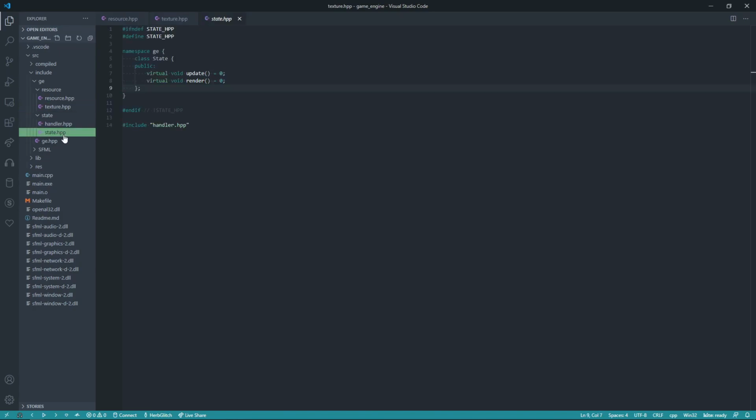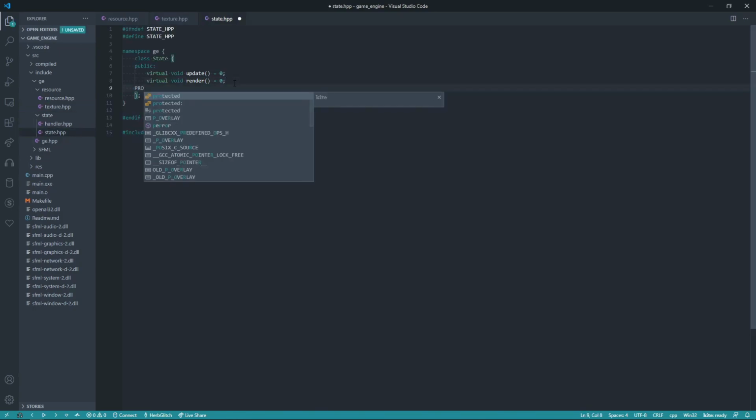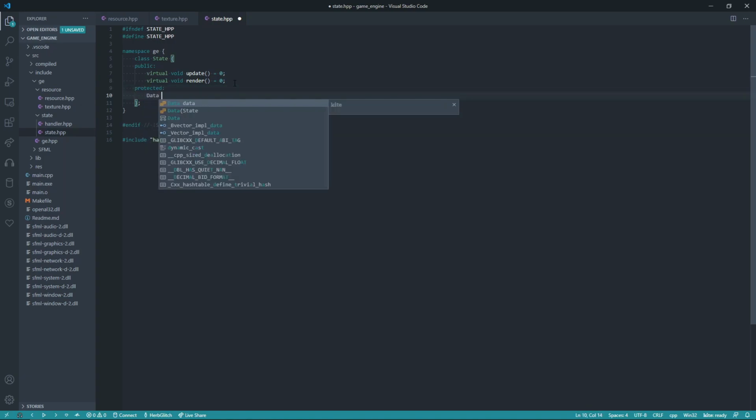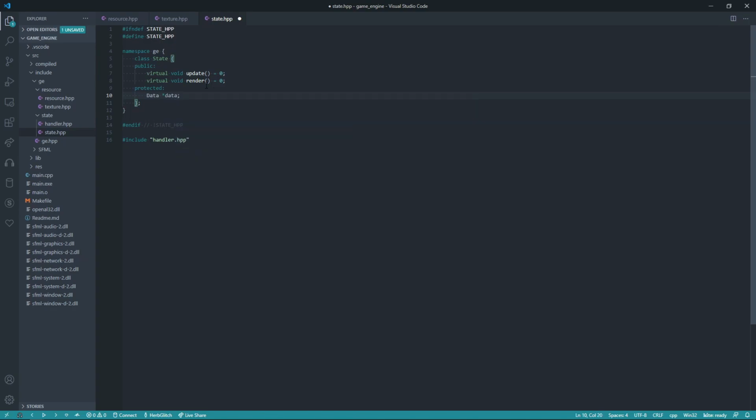In state, we're going to want to add a protected scope, so protected, and then we will say data star data, and every state child is going to want to hold data, and that's why we're putting it in here. As we haven't included the game engine, it shouldn't know what data is, so I'm not understanding why this isn't throwing errors. But we're going to want to be able to tell it data is a part of game engine and it is a struct. So we'll say here struct data,